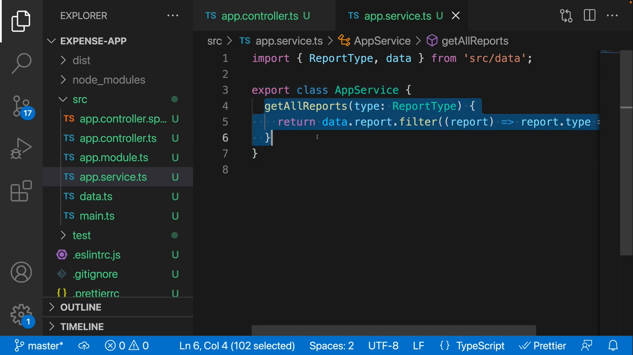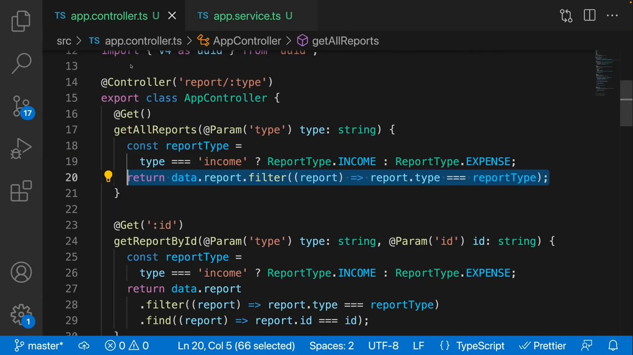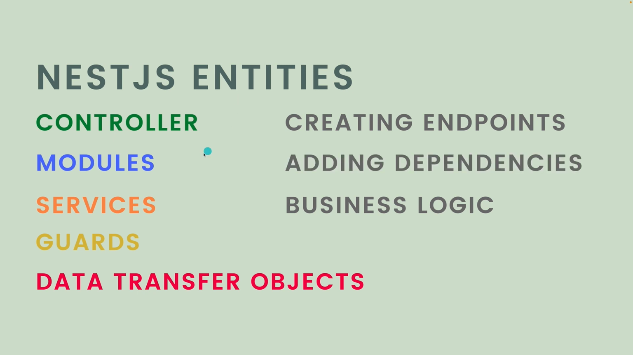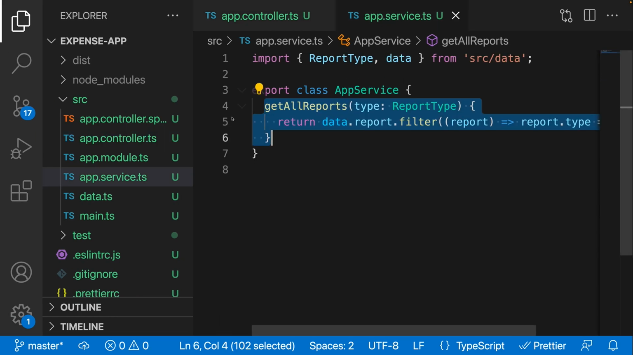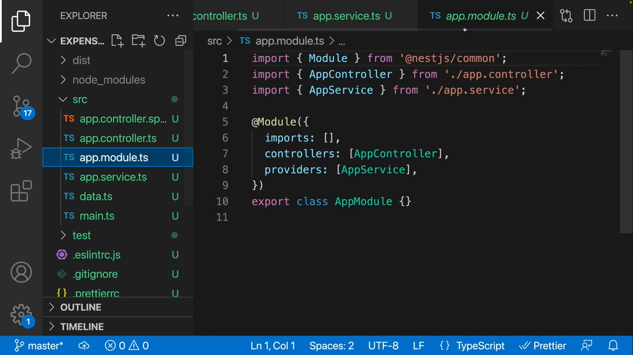We created this service, but now what we want to do is utilize it inside of the controller. How do we do that? Well, there's actually another entity that's going to allow us to manage dependencies within our directory, and that is the modules. So the modules is used for adding and managing dependencies between our files. So you might be thinking, why in the world do we want to export this? Well, it's actually being used inside of the